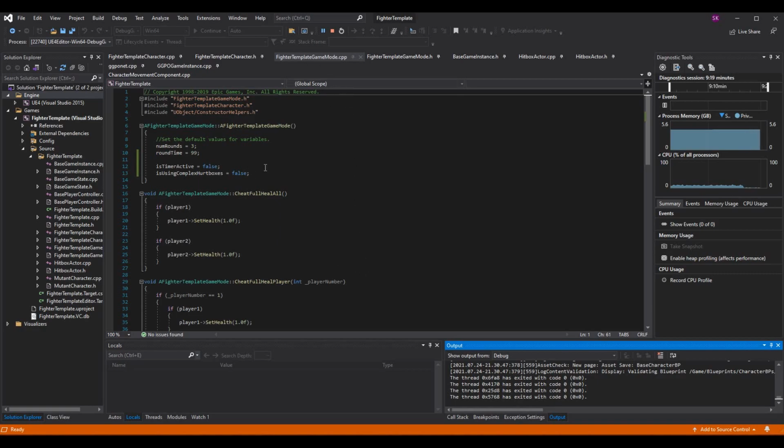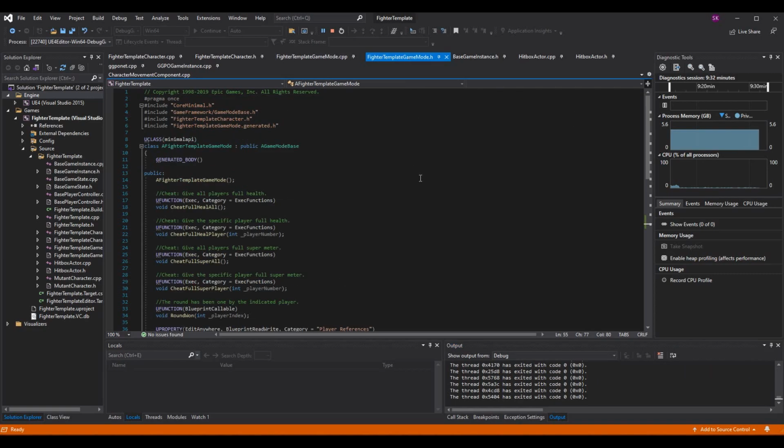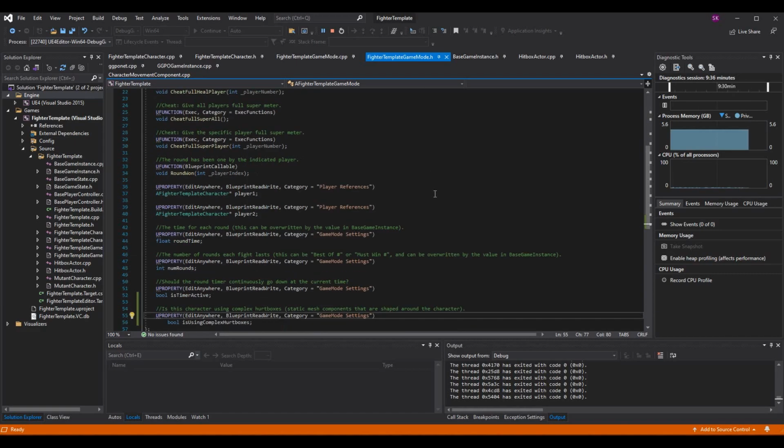I am going to change around the tick function to also support some of the things that we did to make them look right when we change directions. But other than that, everything's going to be the same. So first of all, in the fighter template game mode.h, or basically your base game mode code class, I've added